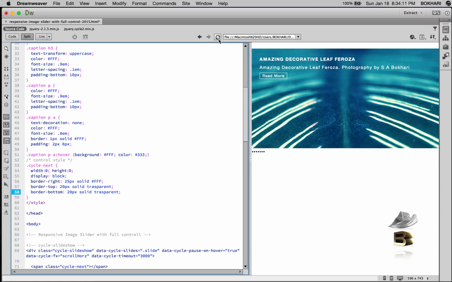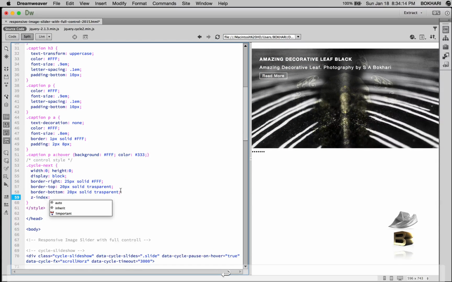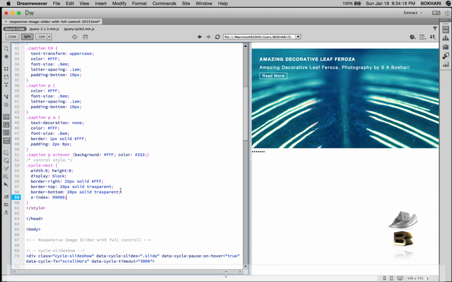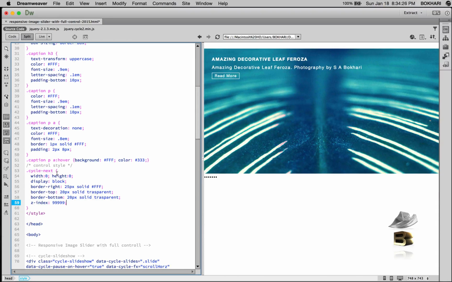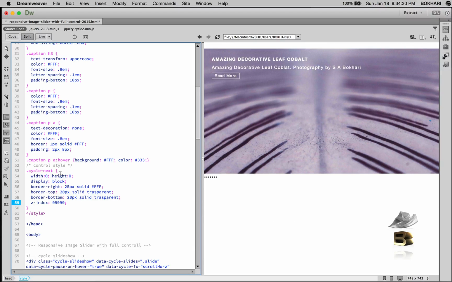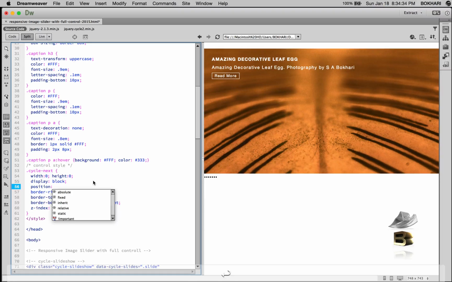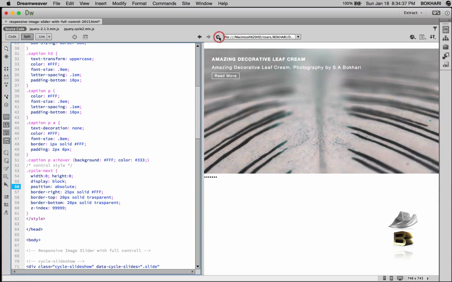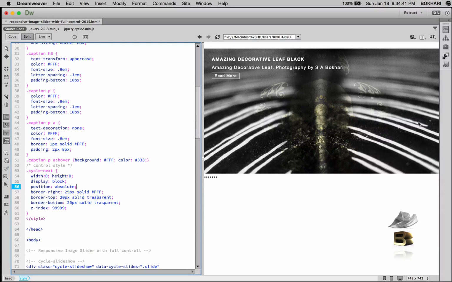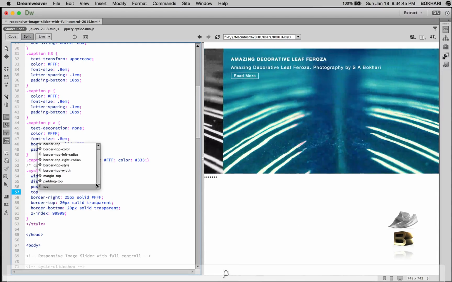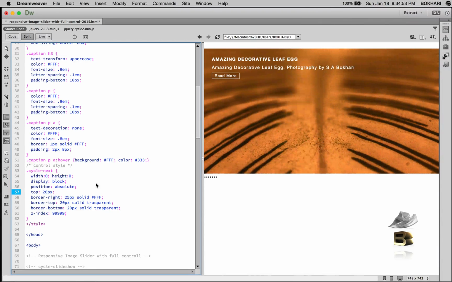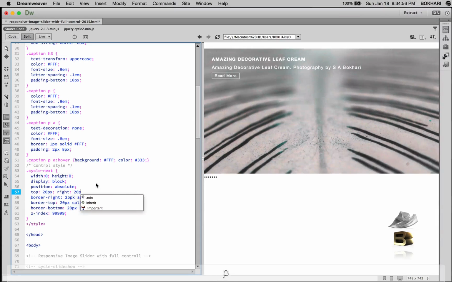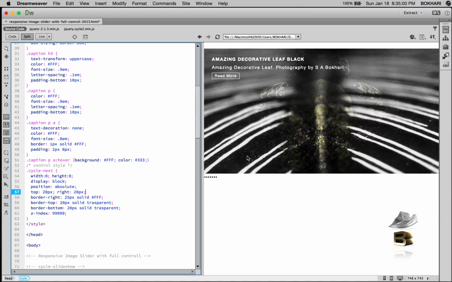And also we can't see it because it is underneath the image, so we need to give it a z-index value. It should be there, but it's not. Okay, so also we need to give it a position, right? So position, just for the block, it should be an absolute position element, and it should have a position from top or bottom, or both. So from the top it will be like 20 pixels, and from the right it should be 20 pixels as well, and we should be seeing our arrow. But we have not,